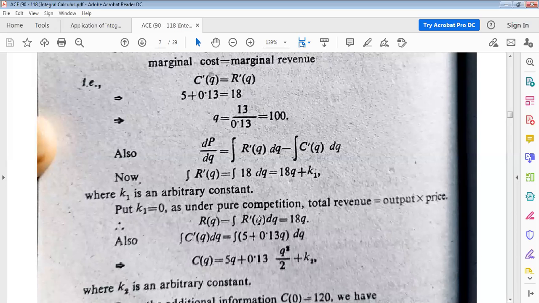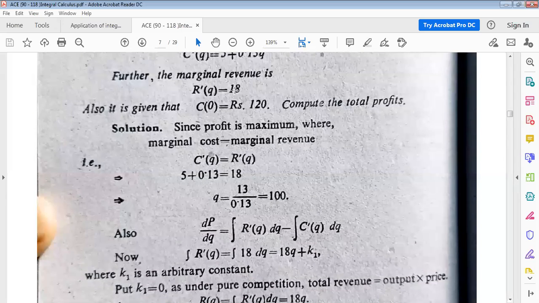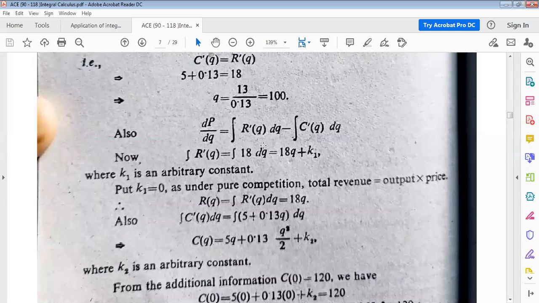Revenue, what will it be? Just integrating the marginal revenue, 18q. This is actually 18q. Integrating 18 with respect to q, what will it be? Only 18q. Now, also integrating the marginal cost with respect to q, the marginal cost is this, then integrating on both